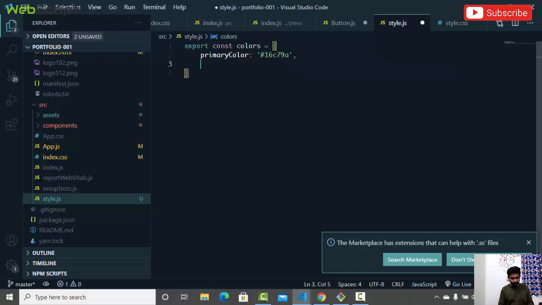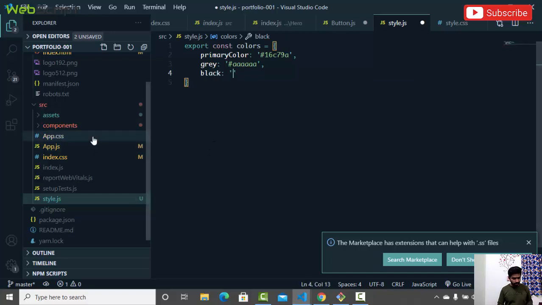Now let's have a gray color as well. So gray is going to be hash a3a3a3, right? Next we're going to have what else, black color, text color, or black, whatever it is, good,